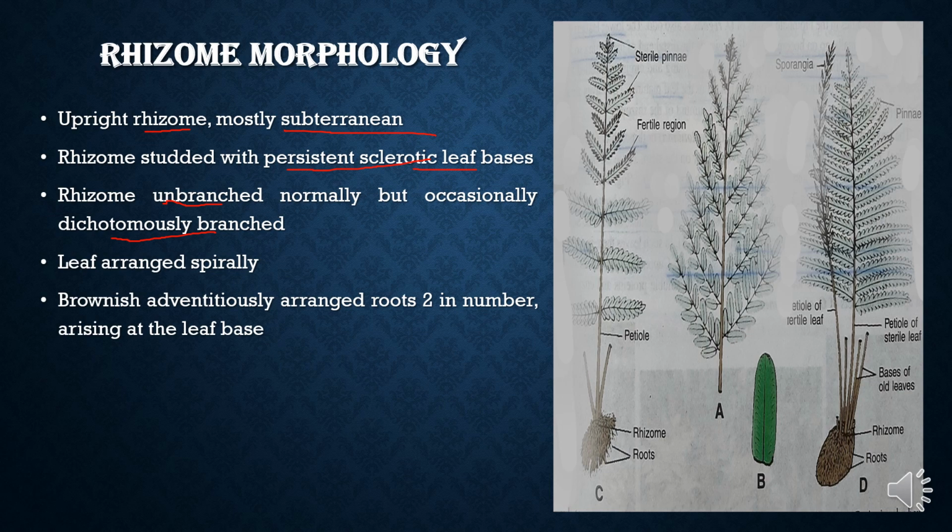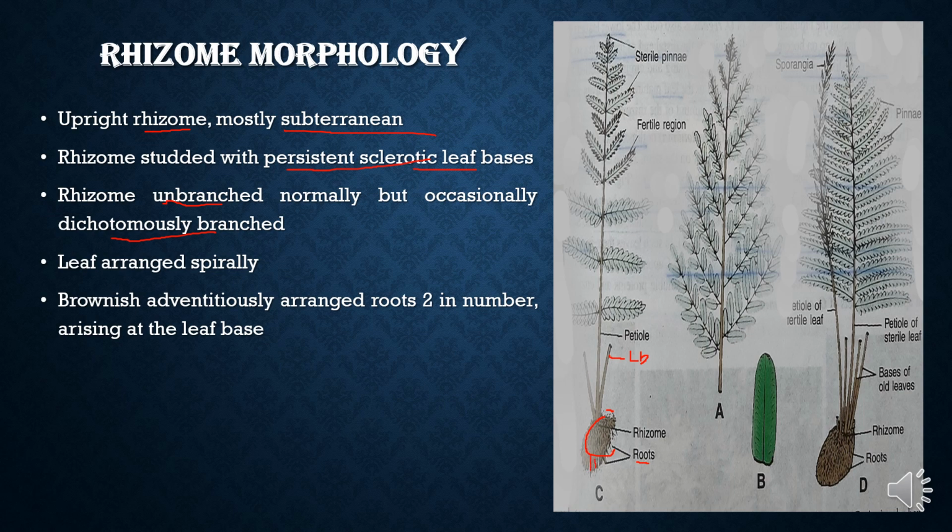And the leaves are spirally arranged. So we see here in this diagram that this is the rhizome and this is the persistent leaf base. This one is the leaf base, and these are the